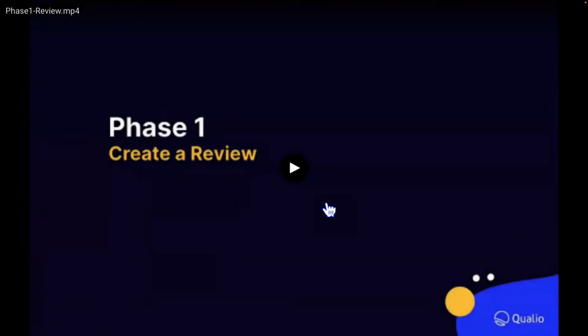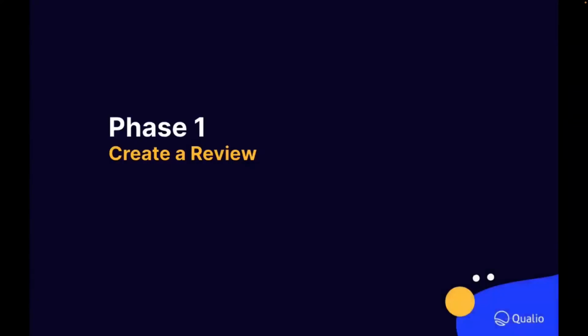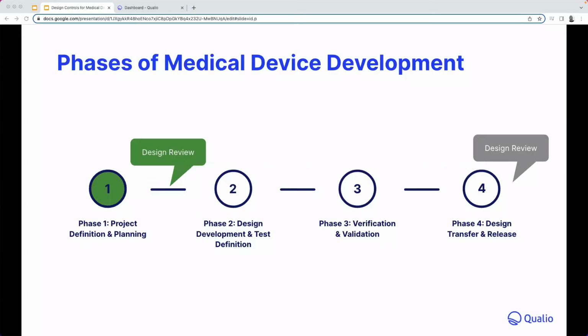So we have created a user need, a series of design inputs. We've assessed them for risk. We've performed a design review, and we've used that to sign off on the objects that we created in that first phase. So now we're going to move on. Okay, so we have just completed the